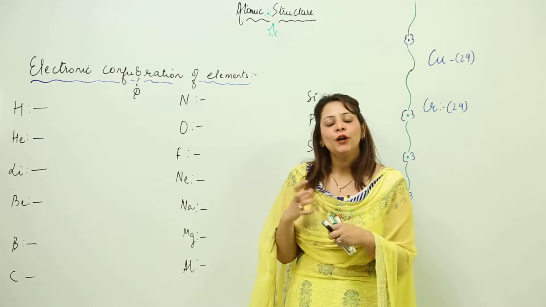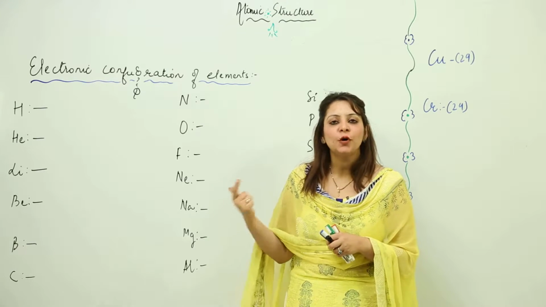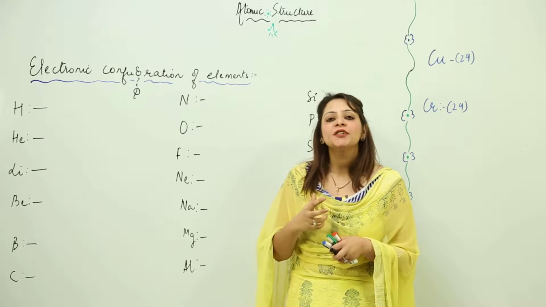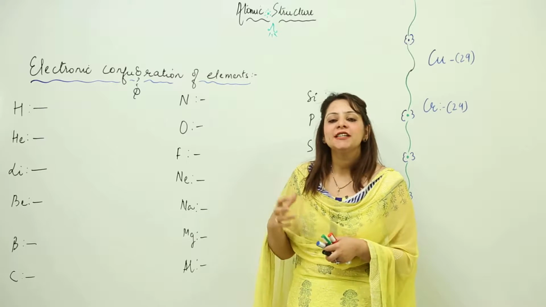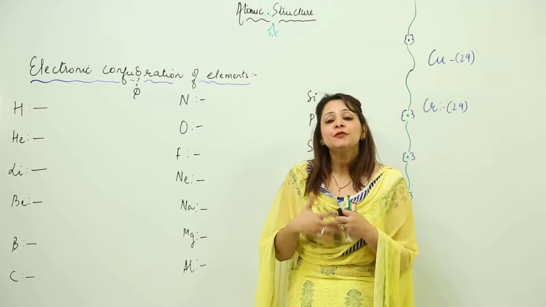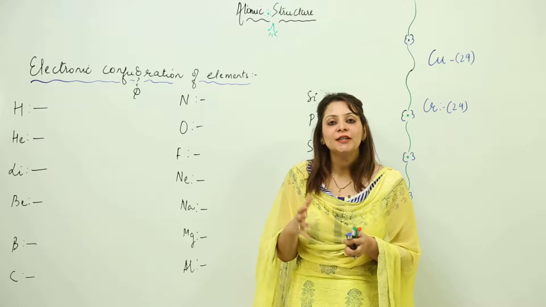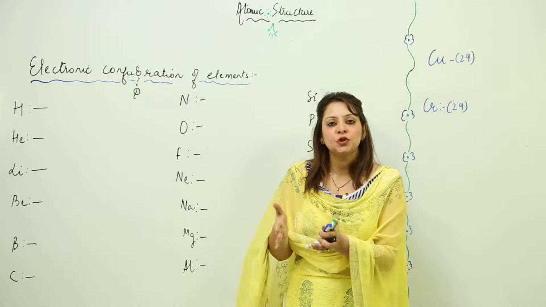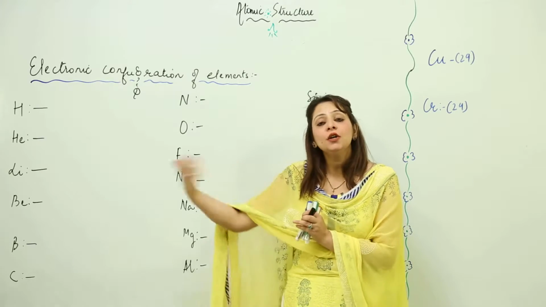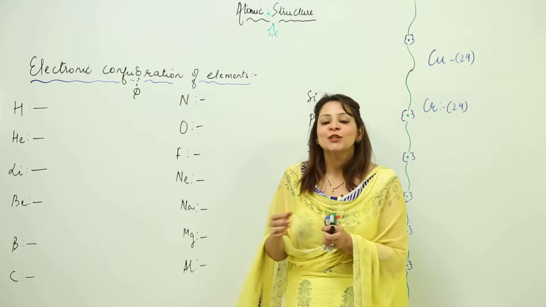Now we will be following all those rules we did, that is Aufbau, Pauli's and Hund's rule, and we will be applying them here and writing the electronic configuration. So first of all you should know what the electronic configuration actually is. As we know, an orbit has a subshell and a subshell has an orbital, and in an orbital we have an electron, right. So this is what we have.